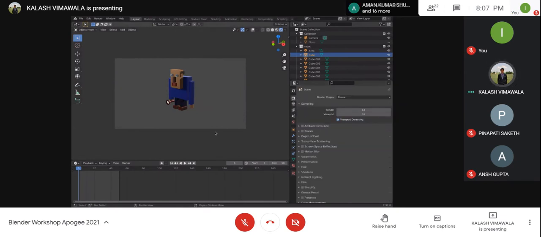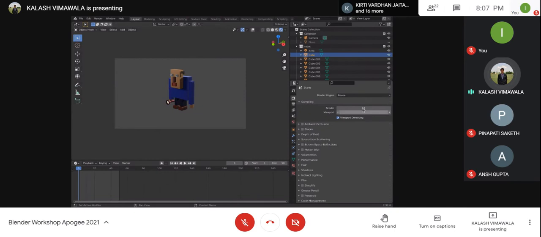So I'll go ahead and show you what the render settings are and what it looks like. We have 3 different options. Workbench is basically the render engine that the solid viewport works in, so it won't have any materials, and the materials won't interact with light. Cycles is the most advanced render engine, and it has more complex light calculations than Eevee. Eevee is the render engine that we are currently running it in.